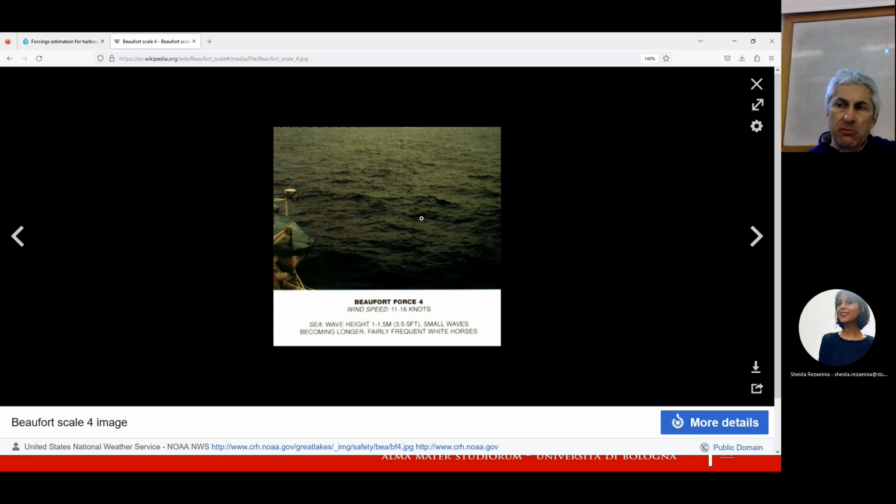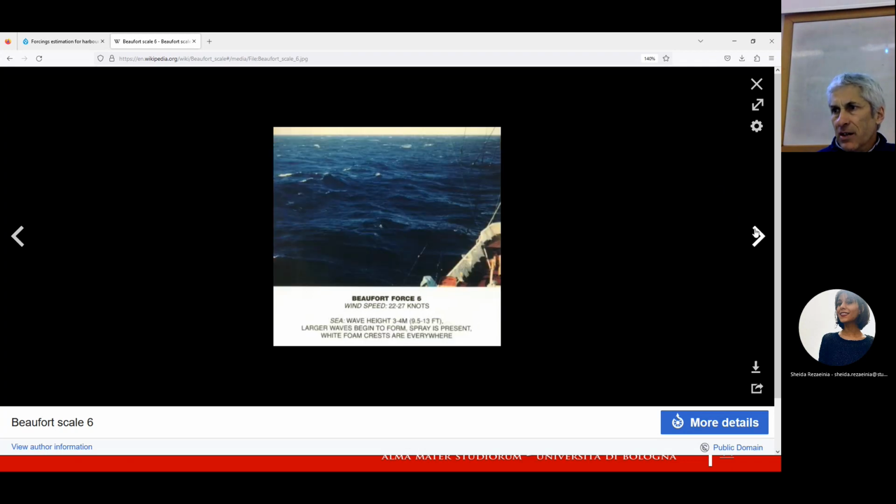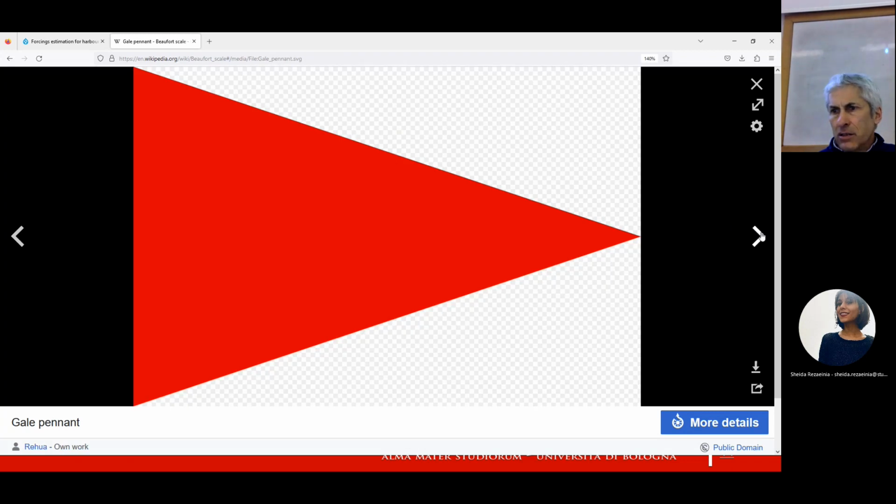This is taken from a big boat. So it is called small waves, and I think wave height is, it's written here, from 1 to 1.5 meters. It's already, anyway, a busy situation, but in this case, you see height is from 2 to 2.5, and this is force 5, and then force 6. This is starting to become a little bit impressive. You see 3-4 meters, and then